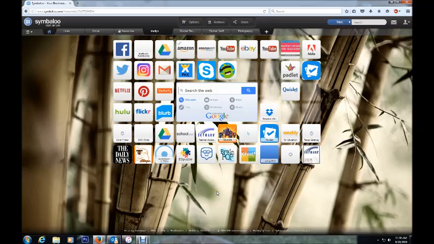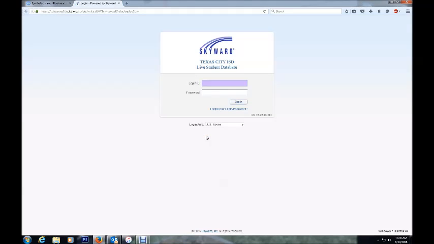So let me just demonstrate for you real quickly what it does. If you just click on the tile, it takes you to the website, and I've set this up for Skyward to take me to the Skyward login page, so that whenever I am ready to log into Skyward, all I have to do is go to my Symbaloo and click on that tile, and it takes me to the Skyward